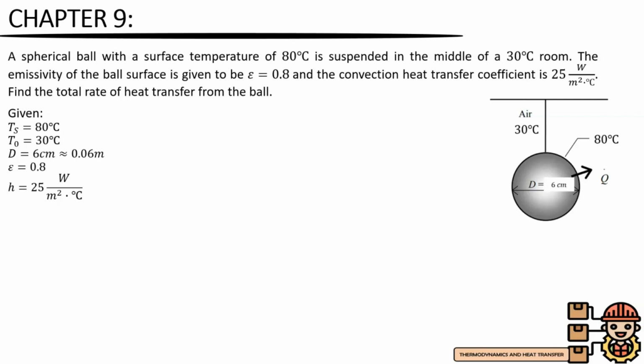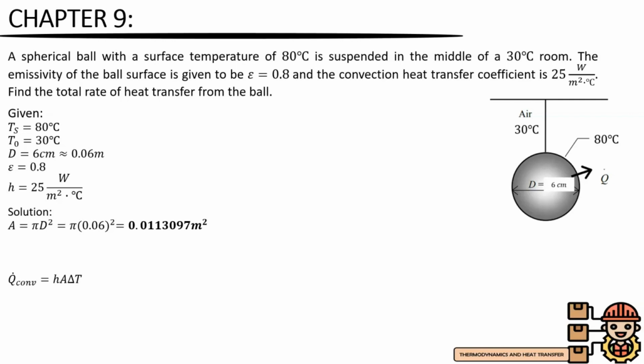So the solution: the heat transfer surface area is pi times d squared. Our diameter here is 0.06 meters squared. By multiplying it by pi, we get the value of 0.0113097 meters squared. So under steady state conditions, the rates of convection and radiation heat transfer are